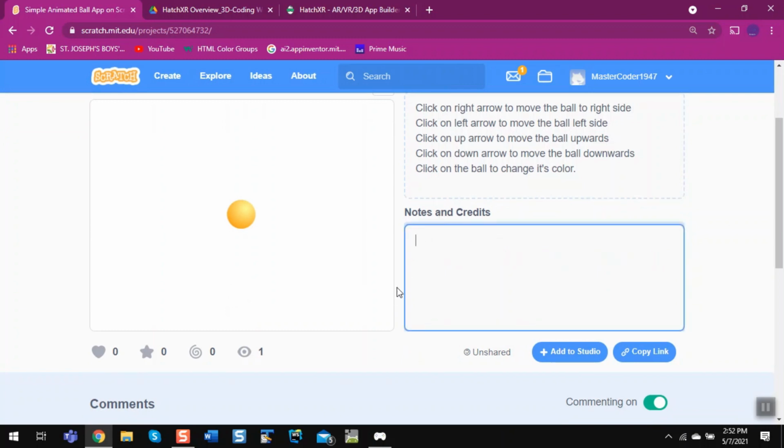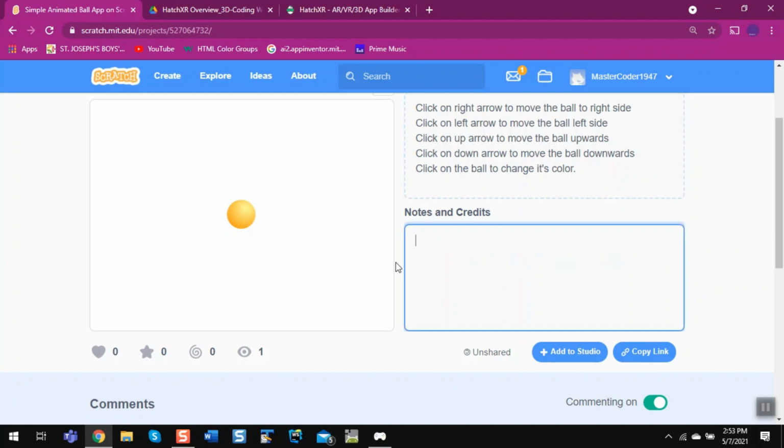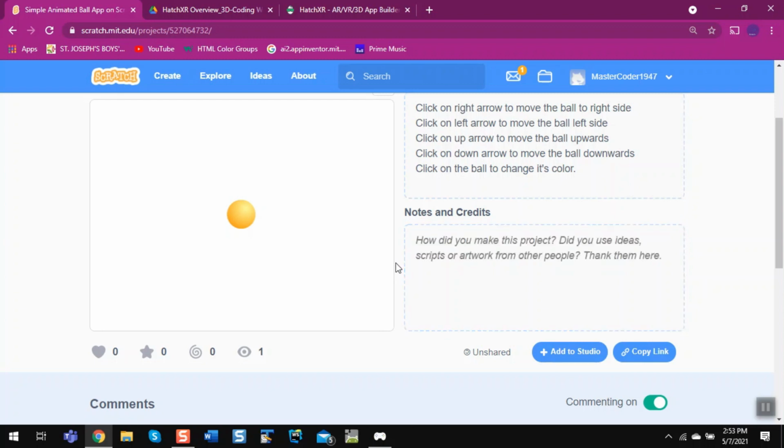Now, if you have seen some video or anything and you have made this app using that, if you want, it's not compulsory, then you can write from where you saw this app and made it. If you did it yourself, fine, then you don't need to put anything here. So this is how you can publish your app.